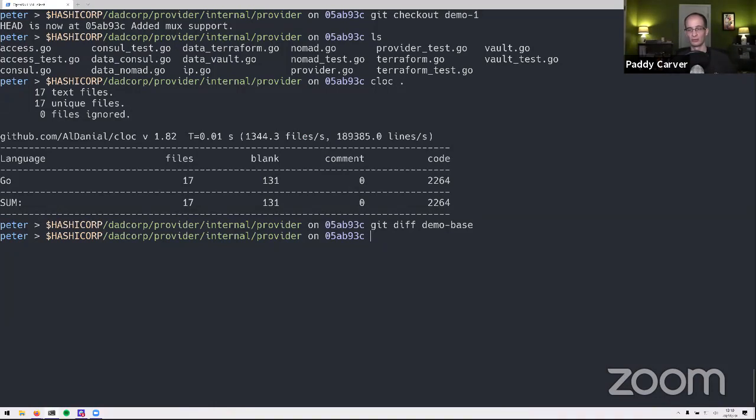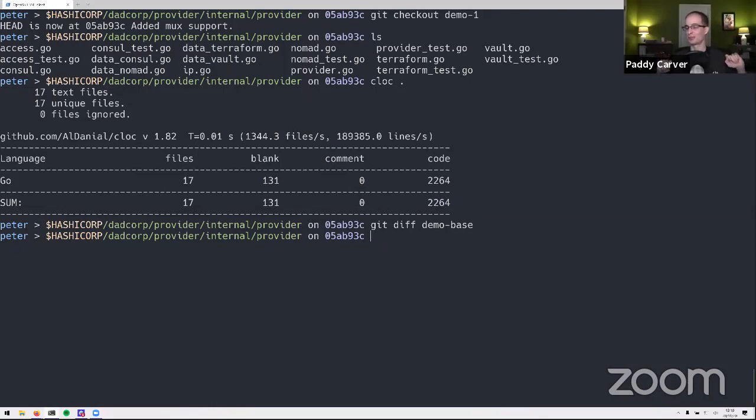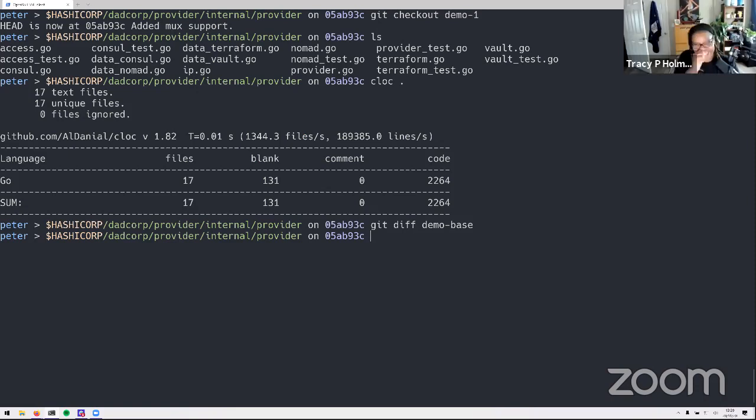I'm scanning chat. I cannot read and talk at the same time, so I'm just going to keep going on. The question that's in there right now is about HashiCorp verified status, and I punted that one to Tony, so you should be okay. Perfect. The answer to the HashiCorp verified status question is you should ask Tony, because I know nothing about that. So that's outside my wheelhouse.